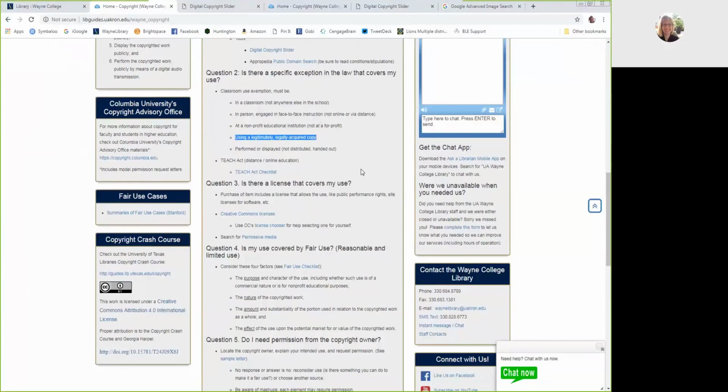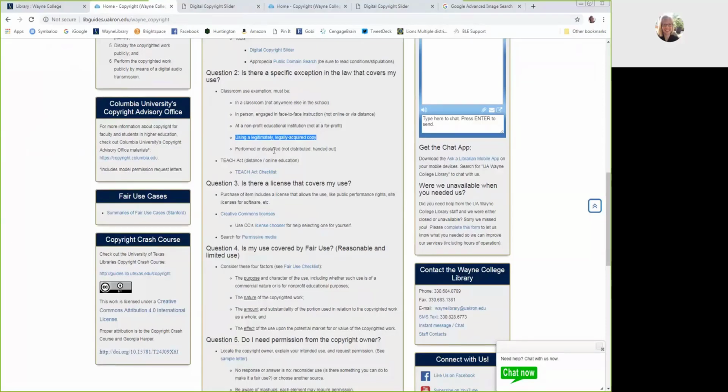So technically, if you're using Amazon Prime or Netflix streamed materials in your classroom, you are no longer under this classroom use exception. And then finally, it has to be performed or displayed only, not handed out. So photocopies from a chapter of a book is not allowed. If you burn a CD with a bunch of music and hand it out to your class, that does not count.